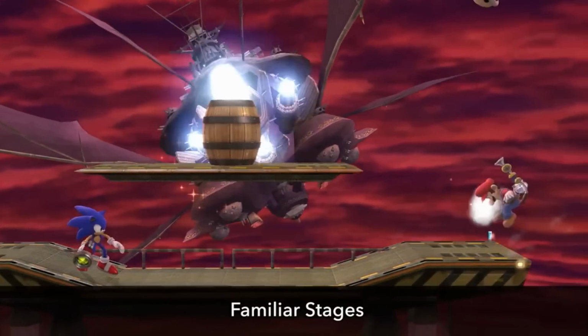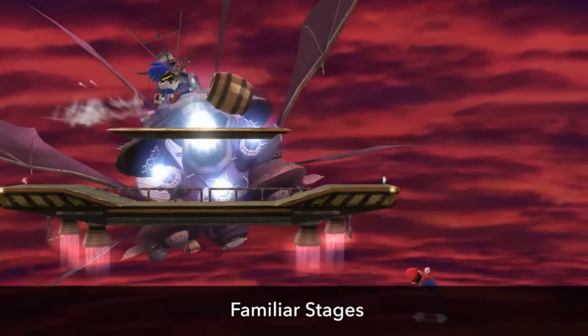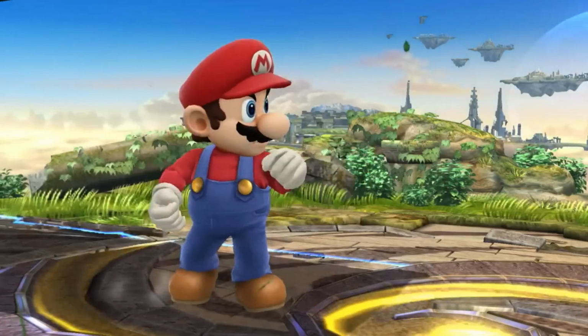And when it finally does attack, it seems like the blue shell launches off screen in an effort to conceal where exactly it's going to land. A little similar to the Warp Star. Sneaky! Now, another new item that we learned about is the Master Ball, which Sakurai stated will contain only rare